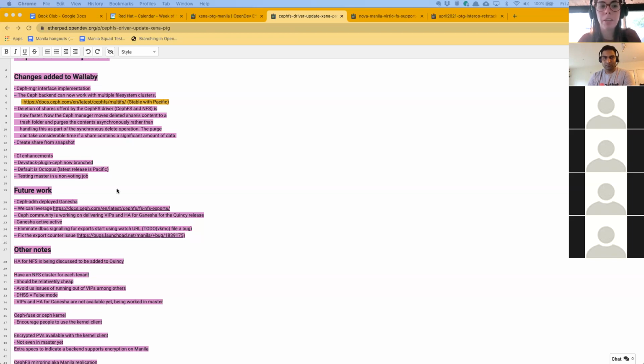So yes, we are working on documentation to add to our own documentation for these drivers to indicate which micro version we need for any of those Ceph versions. And also,